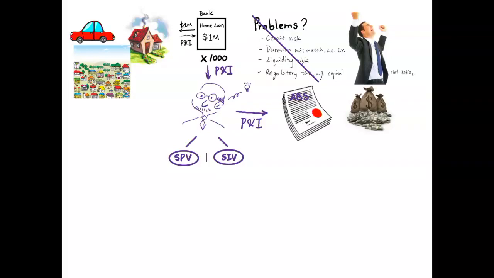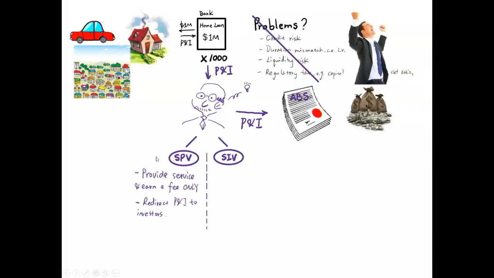And all of those services are not provided for free. He will charge a fee, a percentage fee out of these cash flows over time. So receive a fee, redirect principal and interest payments for investors, that's all. No risk taking, only charge fees. So that's SPV. And the life of SPV will be very limited. It's tied with this asset pool. So after 20 years, once all the home loans are fully repaid, this SPV will disappear.